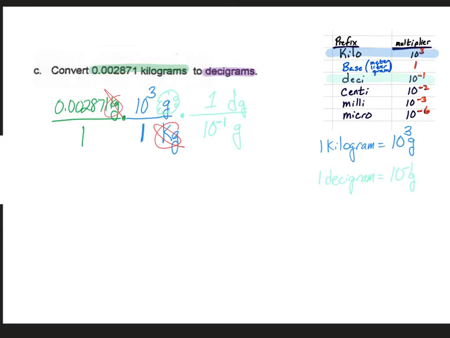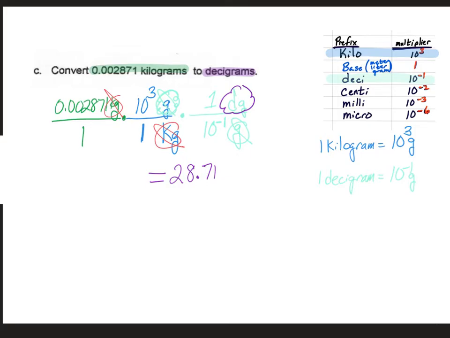Now that base unit of grams is going to cancel, and we're going to be left with our answer in decigrams, which is exactly what we're looking for. Now we just need to put it into our calculator. We're going to start with 0.002871, divide that by 1, multiply by 10 to the third, divide by 1, multiply by 1, and divide by 10 to the negative 1, which gives us the answer of